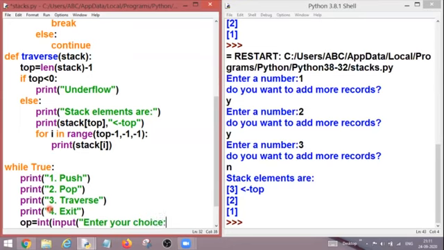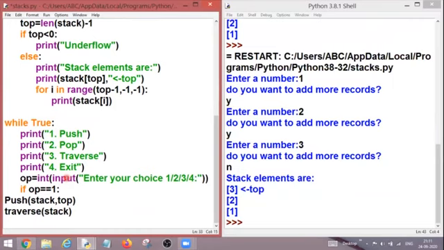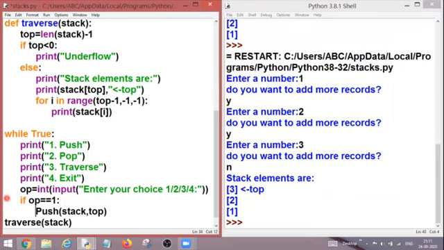I guess we have learned many times how to create a menu-driven program, so it is easier for us to understand this time. And if my option is equal to 1, it is indicating the push operation. So what am I going to do? I'm going to call this push operation inside here. Okay.